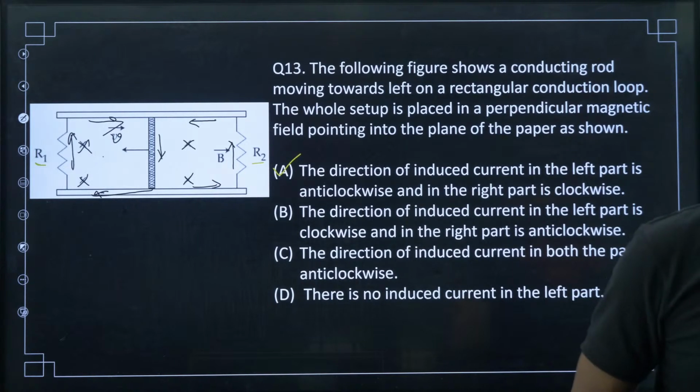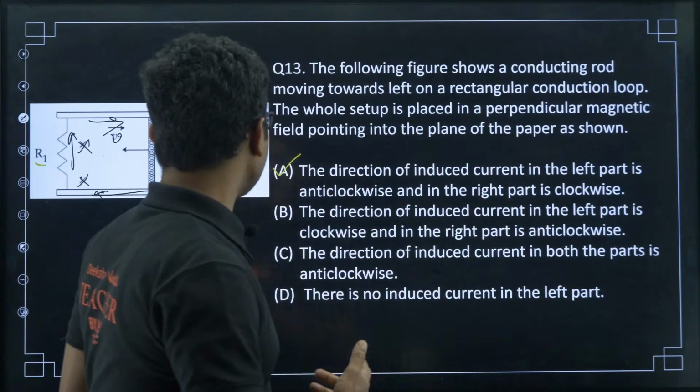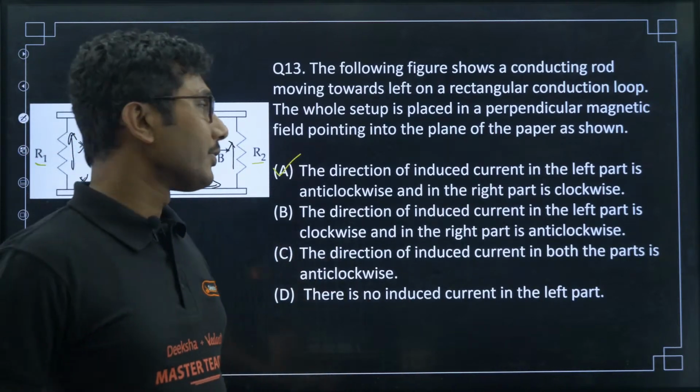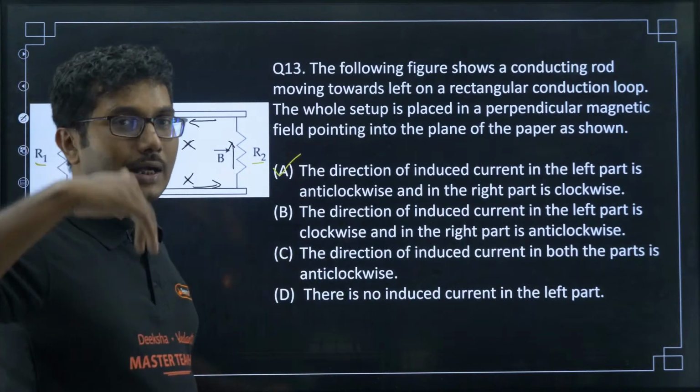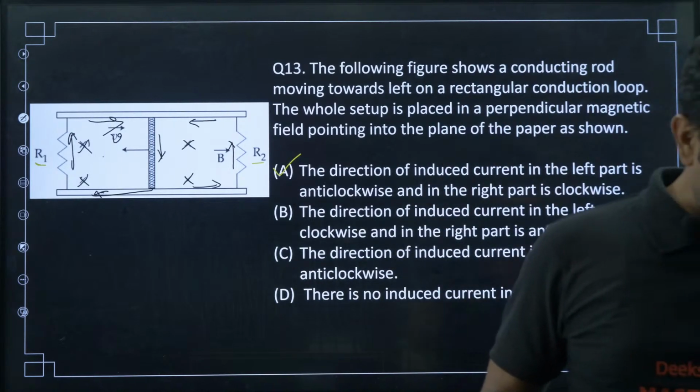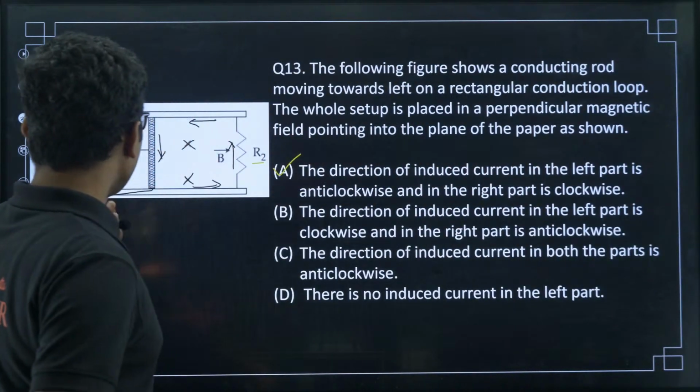Punit is saying induced current will oppose the change in the magnetic flux. Okay, that is also fine. Whatever logic you use, that is fine. Okay, but I try to remember using right hand rule. So, the motion of the electron will experience some force. The force is given like this. So, that is why I try to calculate it. Okay. Pradeep is saying V cross B. Yes, V cross B is also fine.